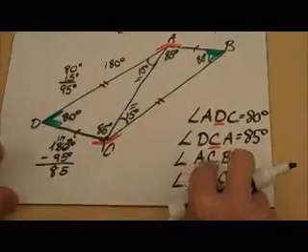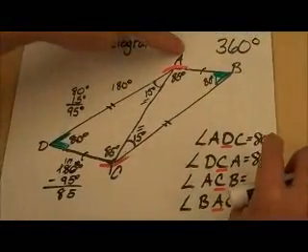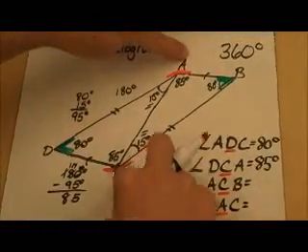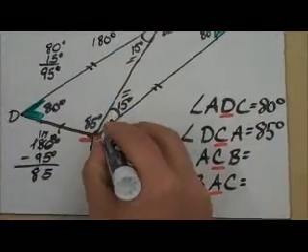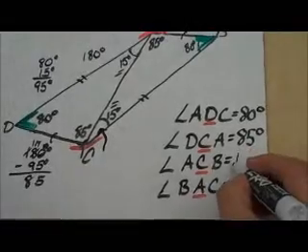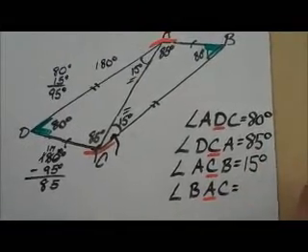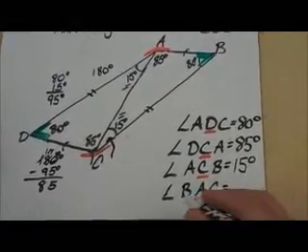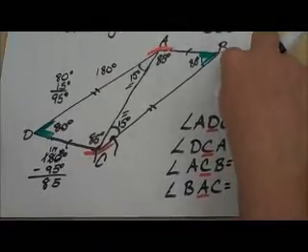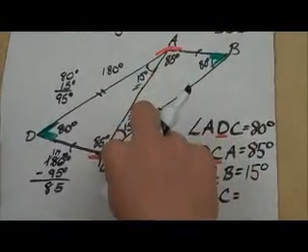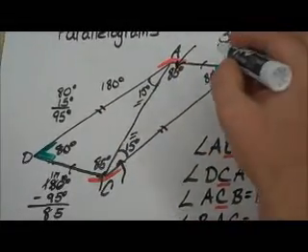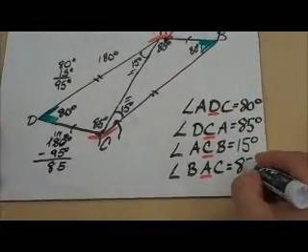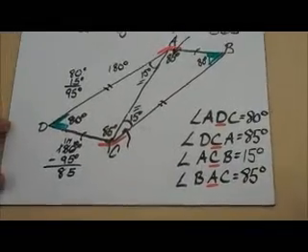My angle ACB, A down to C, then back up to B. I'm looking on the inside this time. This will be 15 degrees. And I will end with angle BAC. If I follow it, I'm looking actually for this angle, which would be another 85 degrees. Now this is for